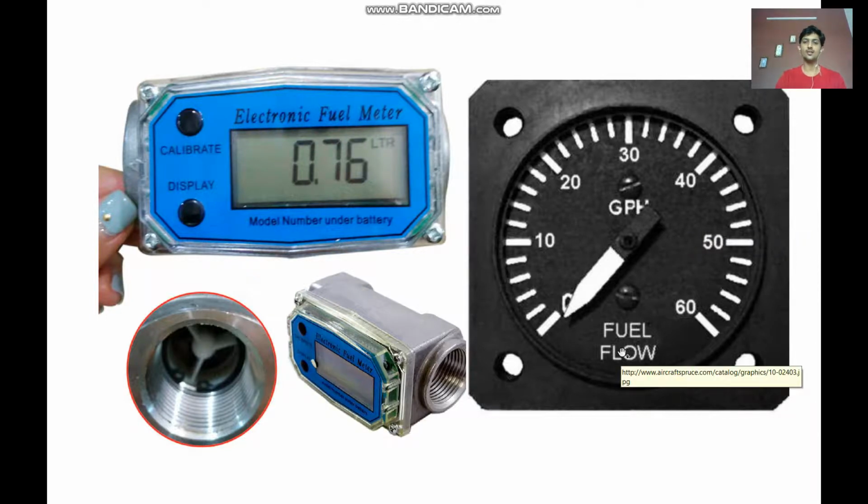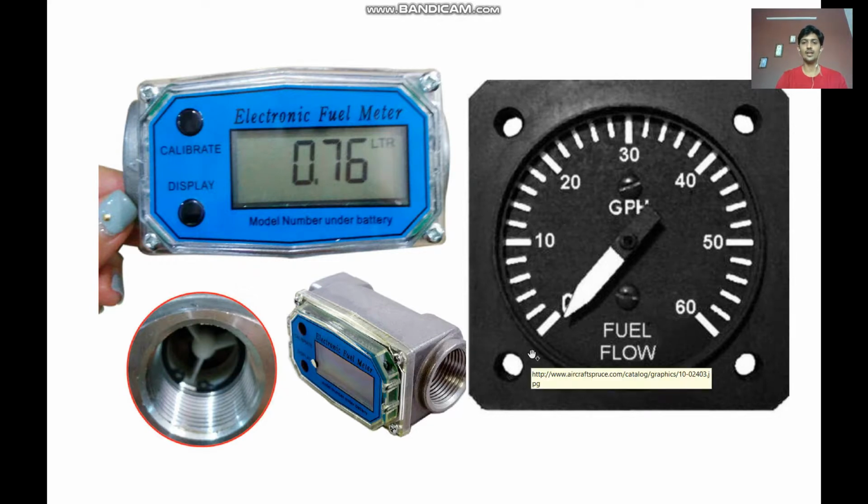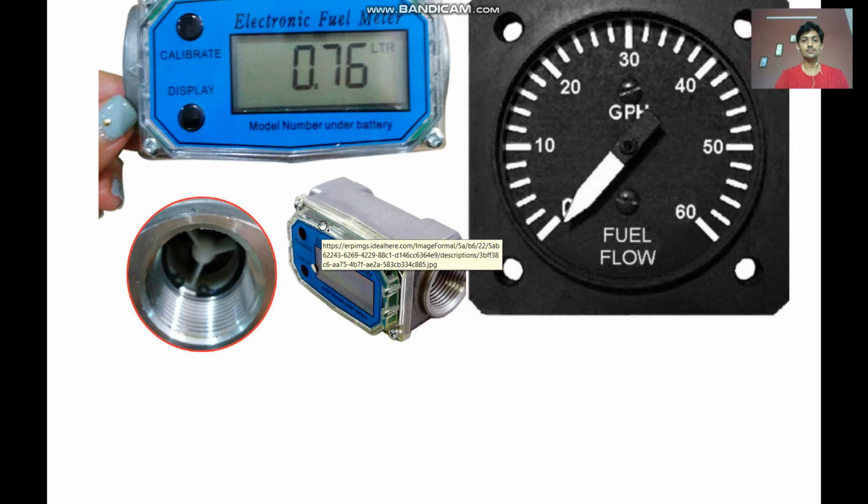which is used to measure the fuel flow across a feed line, and the unit here, if you can see, is gallons per hour, whereas now we currently use a digital system which is measured in terms of liters, and which is more accurate than this particular system, as the least count of this particular instrument is way more than this particular least count. So this is about a fuel